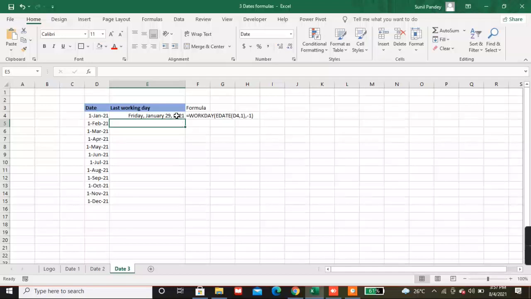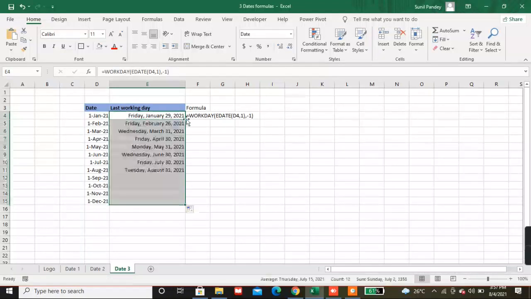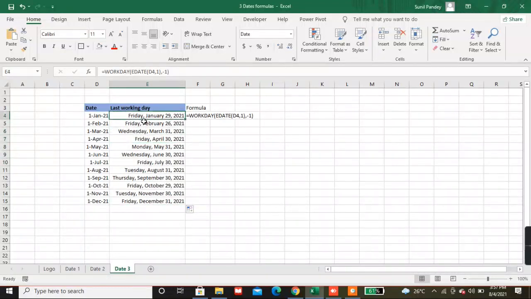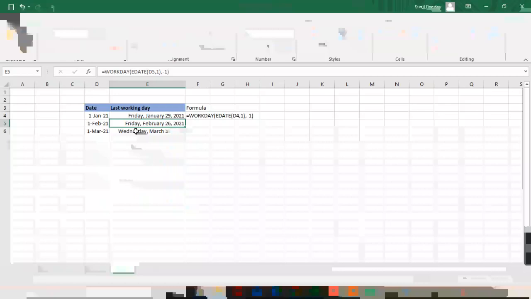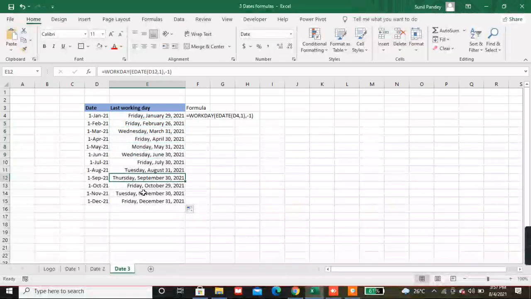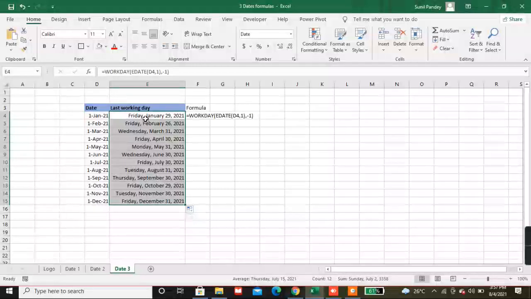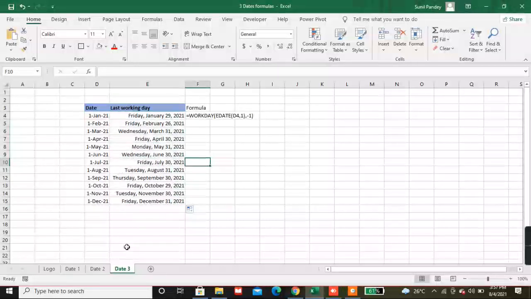Okay, so this is the last working day formula. See, 29th Jan Friday, 26th Feb Friday, Wednesday, Friday, all these are working days excluding Saturday and Sunday.